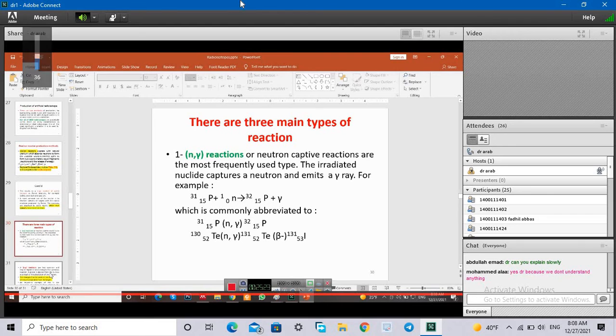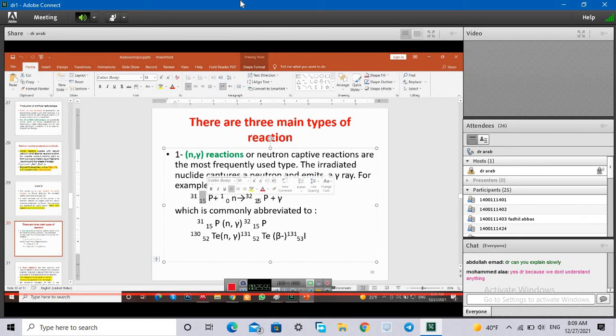The other reaction that occurs in a reactor is the n,gamma reaction, or neutron capture reaction. A nucleus is irradiated with a neutron, captures the neutron and emits a gamma ray. For example, phosphorus-31 is irradiated with a neutron and then emits gamma. As you can see, the atomic number of